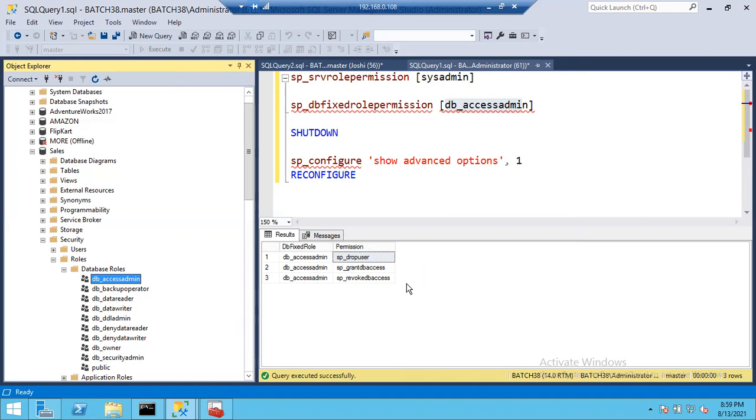Any issues, any doubts? So in tomorrow's class, we'll complete the pending database roles, and we have custom database roles also. Like how we have custom server roles, we also have custom database roles. So tomorrow we'll complete the roles, and I'll start orphan users. What is an orphan user? How to fix the orphan user? How to find the orphan user? Who can be called an orphan user? We'll discuss all these things, and I'll show you how to deal with orphan users. Very important topic.